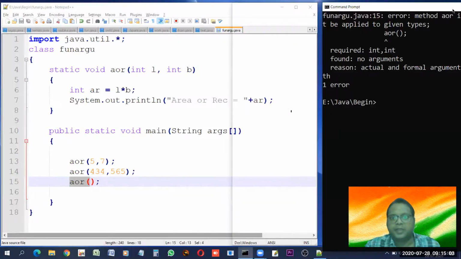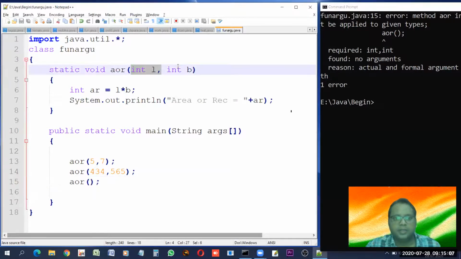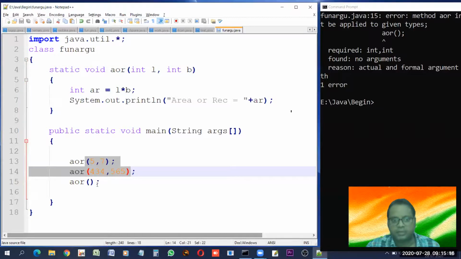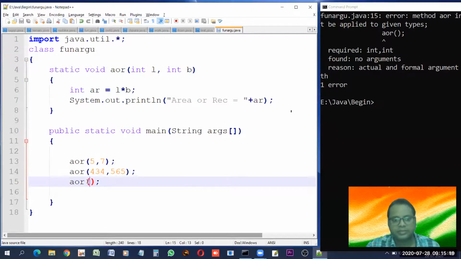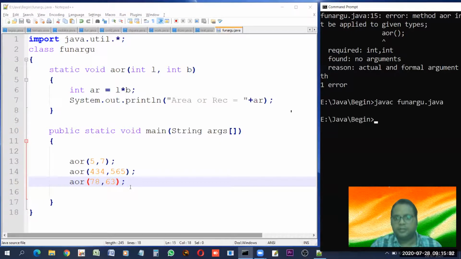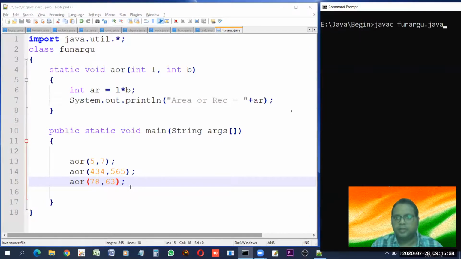So in simple words, it's telling you that this function contains 2 arguments at design time, so it needs 2 arguments. In these 2 cases, there was no problem because we were providing them, but in this case, for the sake of testing, what happens? I have not provided anything, so these errors are coming. So how can we resolve it? We can simply resolve it by providing 2 integer data. Now save it. And see it.